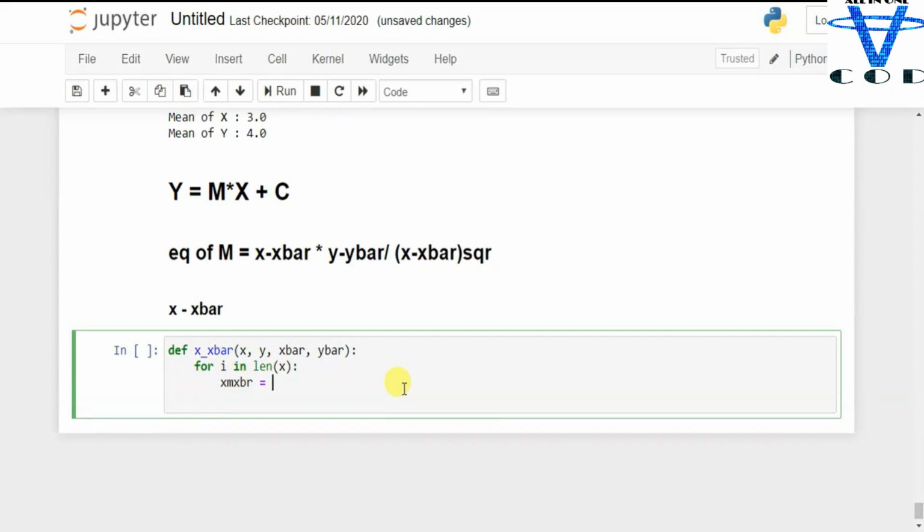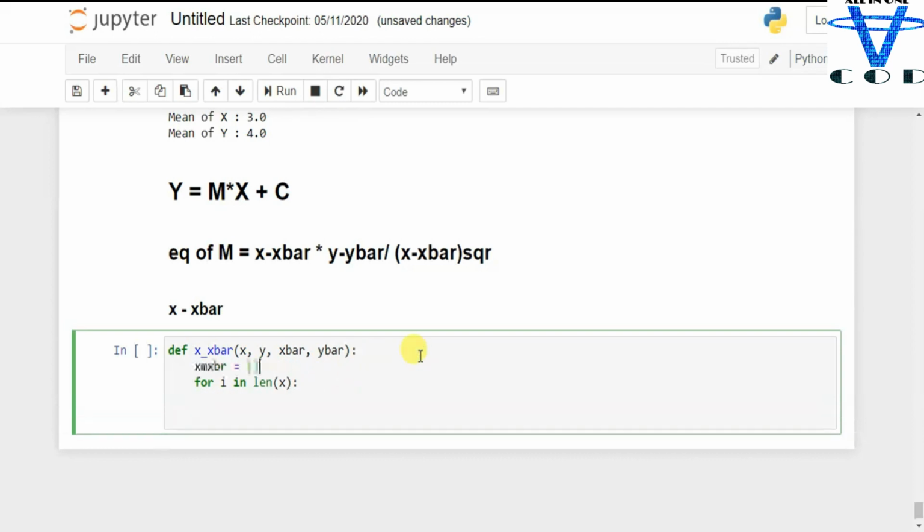So this is the empty list. If I move this list in here, then whenever the loop is running, this is going to still be empty. I don't want this to be empty. I want to append the value in this x minus x bar.